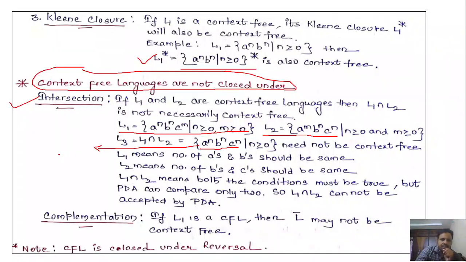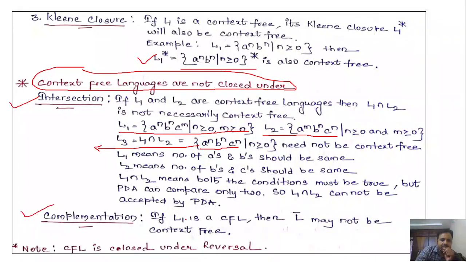Of course, for some languages you may get a context-free language, but if we consider context-free languages in general and perform the intersection between them, the result may be apart from context-free languages. Here we got the result as a context-sensitive language, right? So L1 intersection L2, that means the intersection of context-free languages, may not be a context-free language. Because of this, we are saying that context-free languages are not closed under intersection.